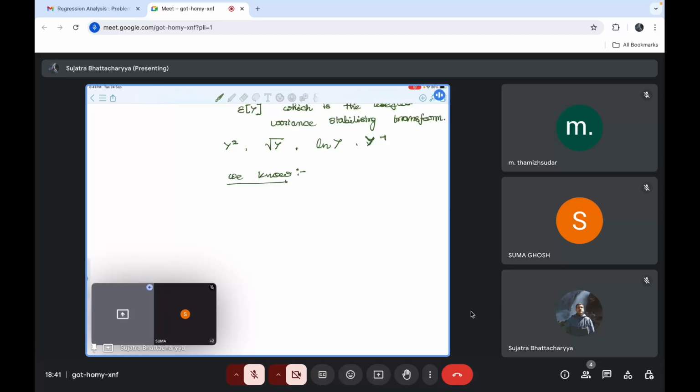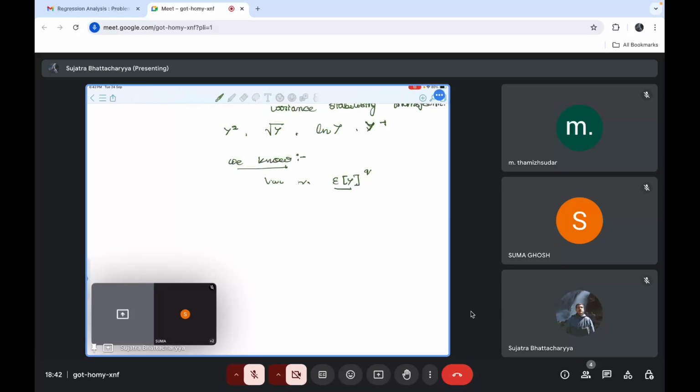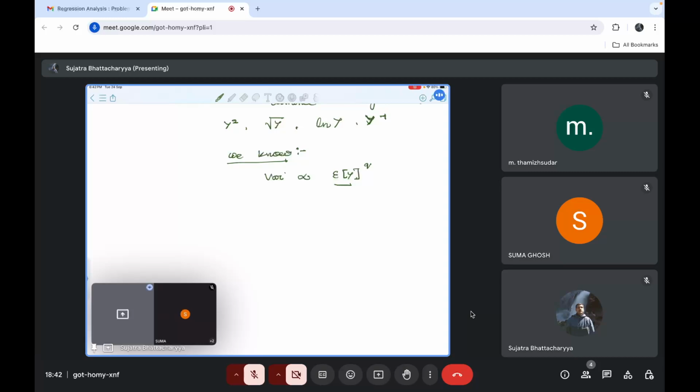So what we have seen is that we generally get, if your variance is proportional to E(y) to the power of something like q. Huh? So it's a power, right? E(y) to the power of something. If variance is like this, variance of y, then the transformation of y can be written as this. So f of y